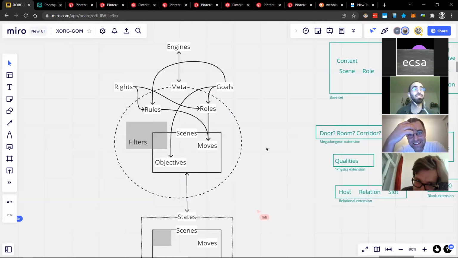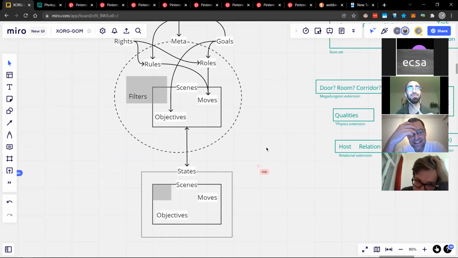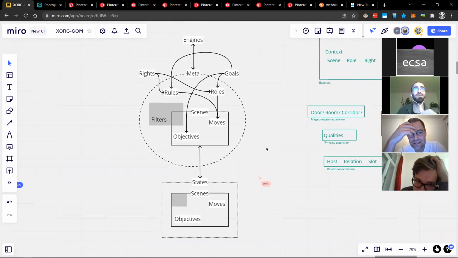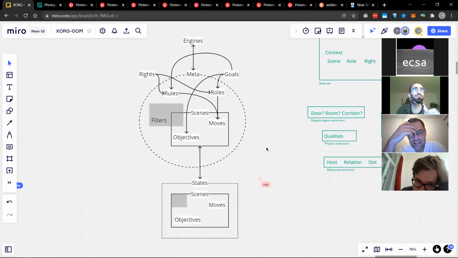I guess I do diagrams so as not to have to do explanations, but I'll do it even if it's a bit redundant. I'm just exploring scope, where things happen, what's inside what, and how they translate to different contexts. So how engines generate metas, how rights mediate all of the things. Everything can be understood in terms of rights.